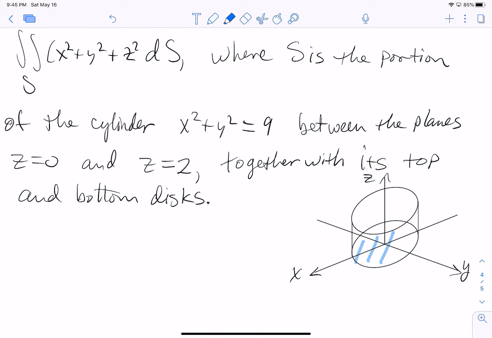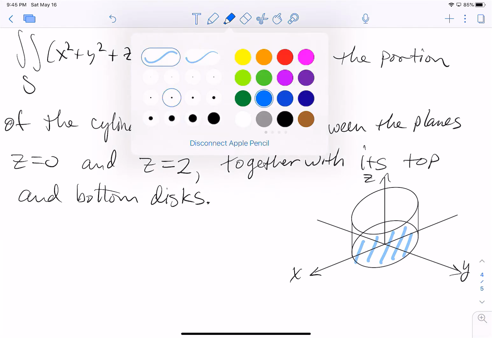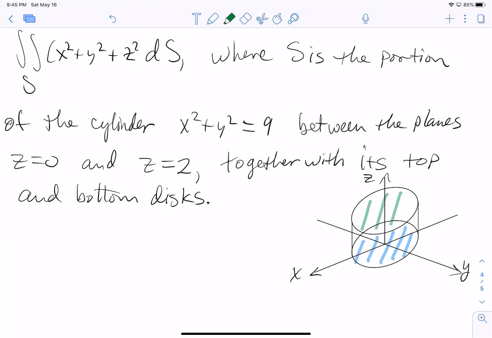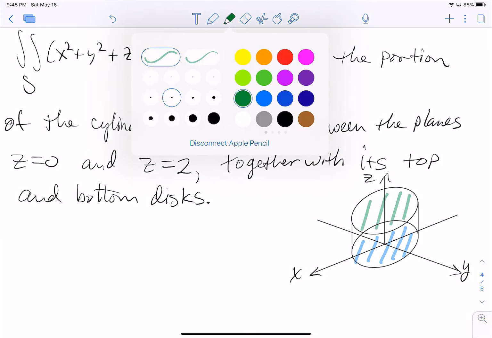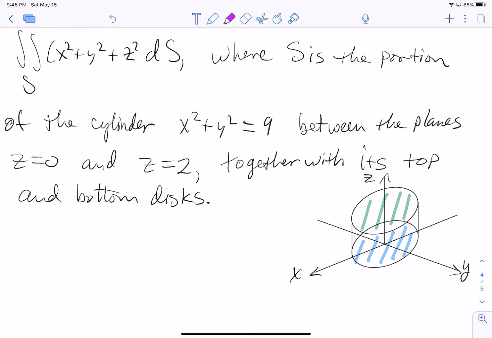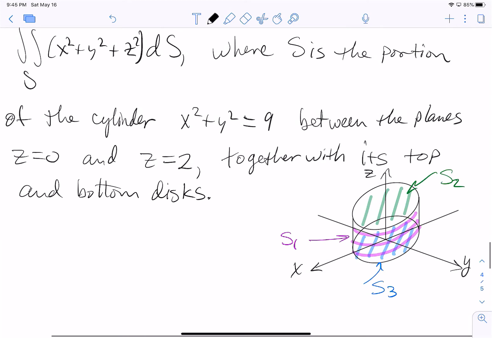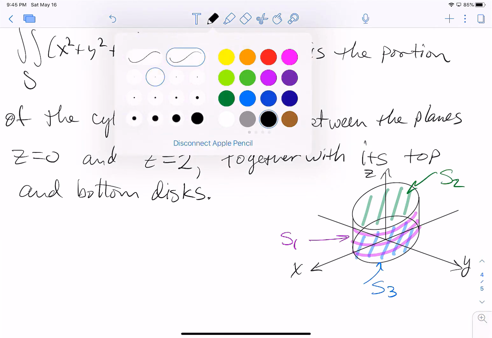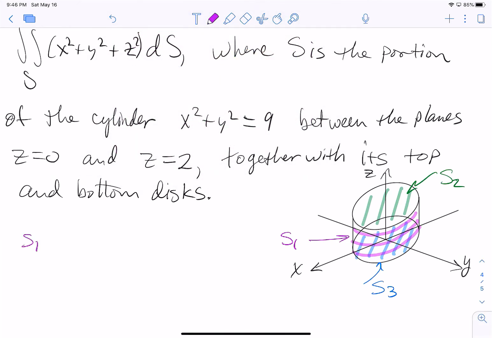So here we have a base disc in the xy plane. We have a top disc at a level of z equals 2, and then we have the cylinder itself. Let's call the cylinder S1, surface 1. We'll call the top disc surface 2, and the bottom disc surface 3. As with a line integral with multiple curves, with multiple surfaces we have to handle each of these in its own turn. So for S1, which is the cylinder,